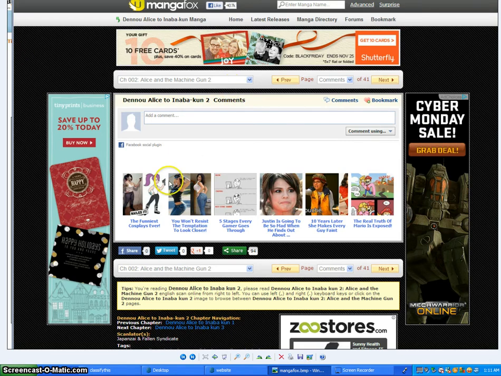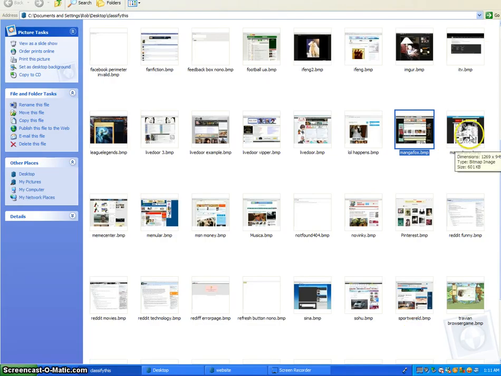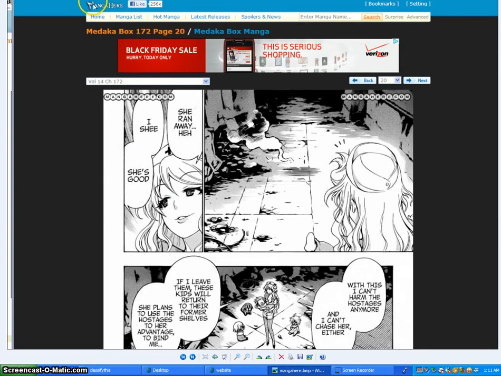Manga Fox, definitely yes. They're real heavy on advertising, but they meet all the criteria. So you see Manga Fox, pick yes, and that's just what I named it, Manga Fox, just like it says. All right, this is another one like that. It's called Manga Here. That's what I name it. These are always a yes.